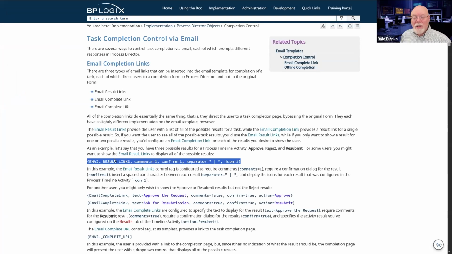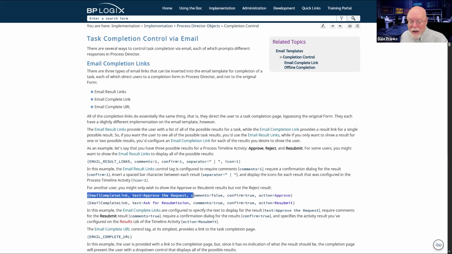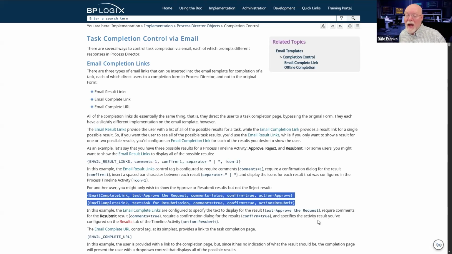As I said, because I have a complex setup, and because I have a sort of a weird set of results where different activities with different request types, I'm going to see weird or different results. This is really the only task completion method I can use. Now, it is possible for you to specify just your own task completion links that you want the user to be able to use in email.